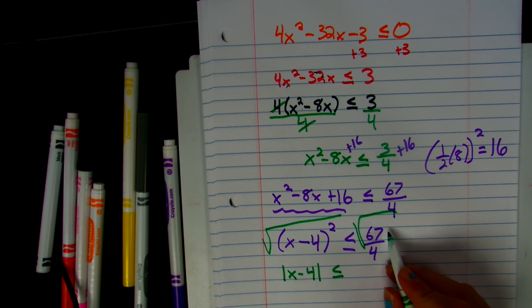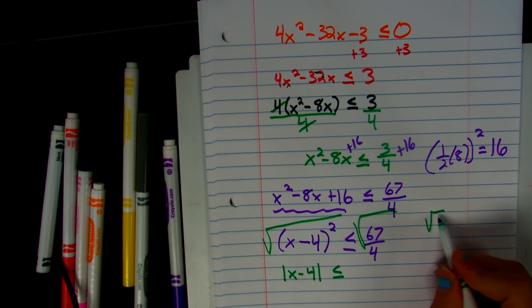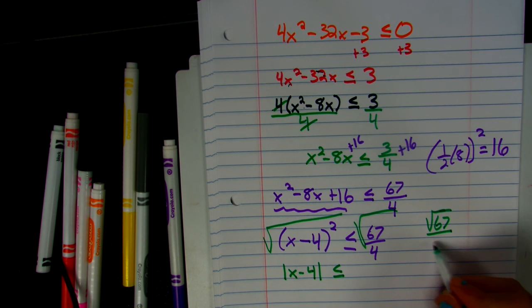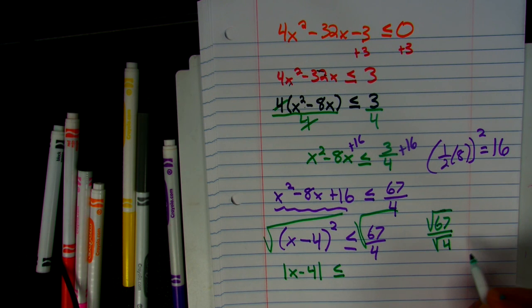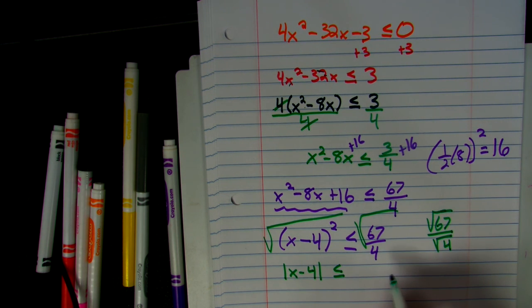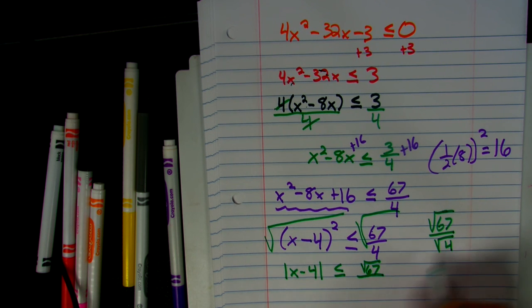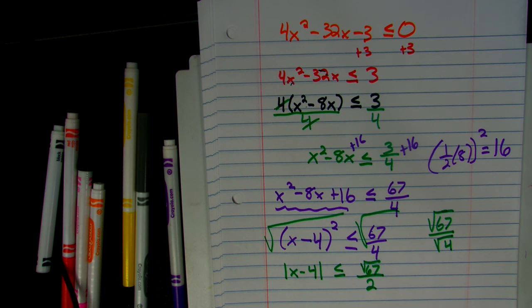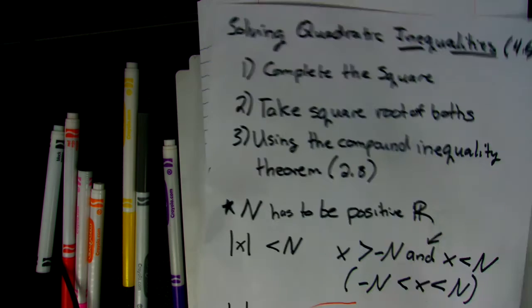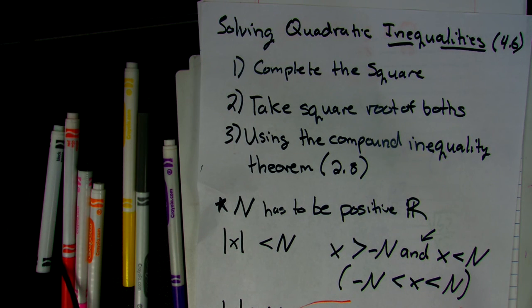And then the square root of 67 over 4 is the same as the square root of 67 over the square root of 4. I can rewrite it like that. The square root of 67 is a decimal, so I'm just going to leave it as the square root of 67. And the square root of 4 is 2, so I'm going to go ahead and change that to 2. All right, now that I have taken the square root of both sides, step 3, use the compound inequality